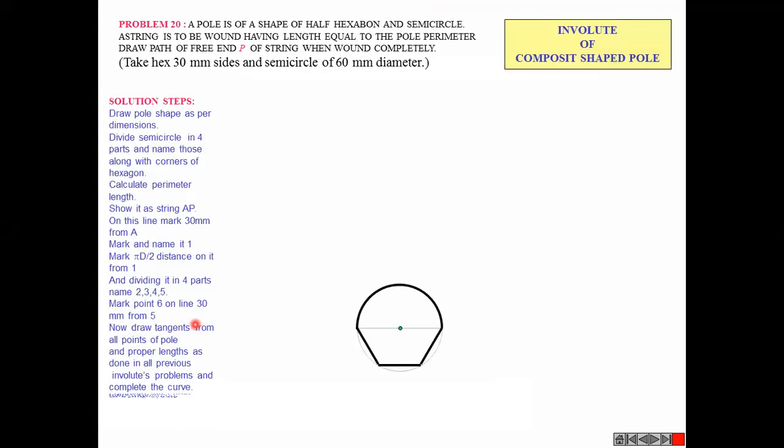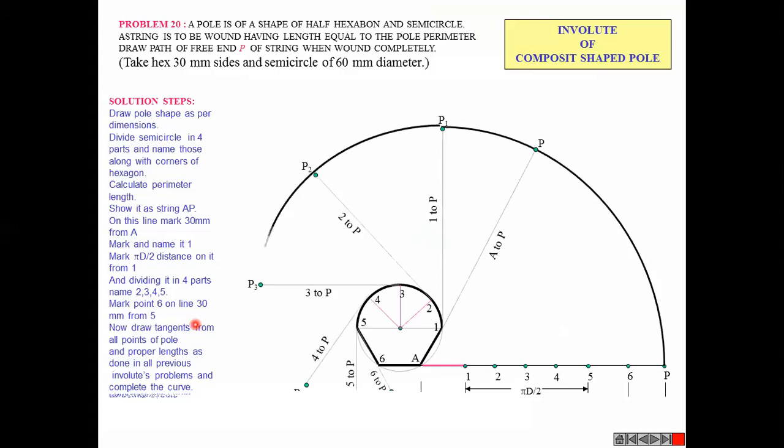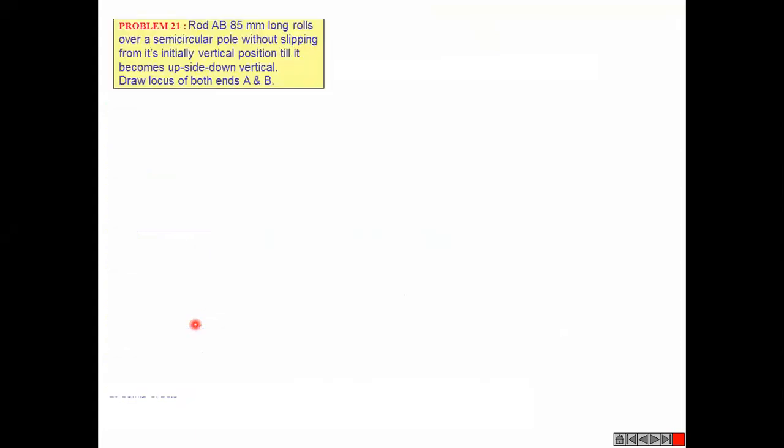Then we saw a composite shape, and using a composite shape we drew our sheet problem also. Here we won't divide the bottom pentagon part because we already have corners. But in the semicircle we don't have points to get a collection of points as a locus, so we divide it to generate more points, nothing else. If you are given any kind of shape, you can do it. The procedure remains the same and does not change.